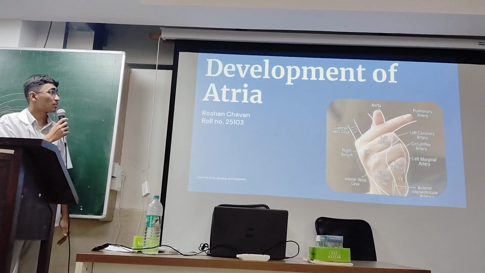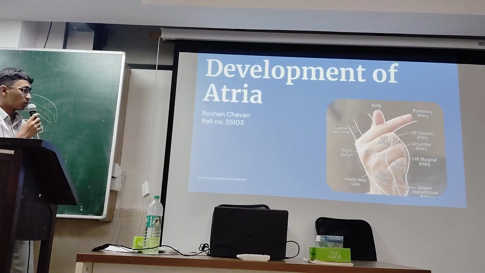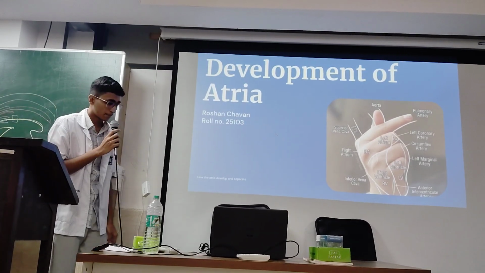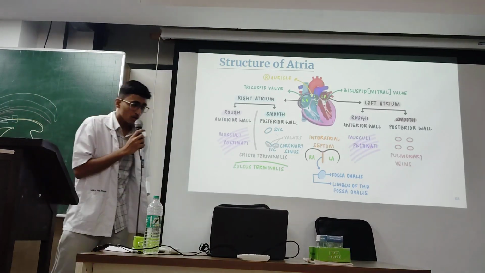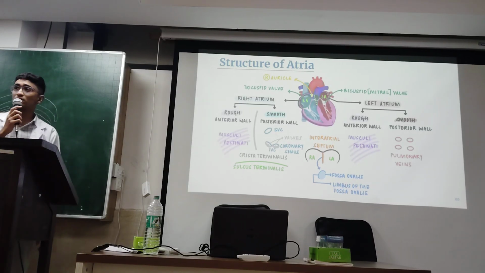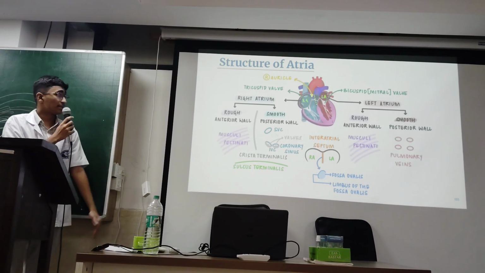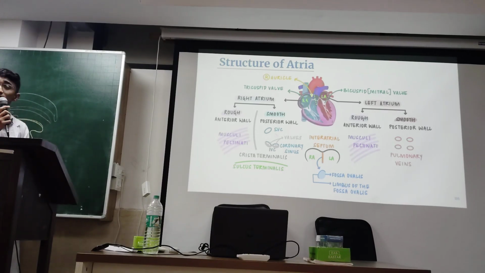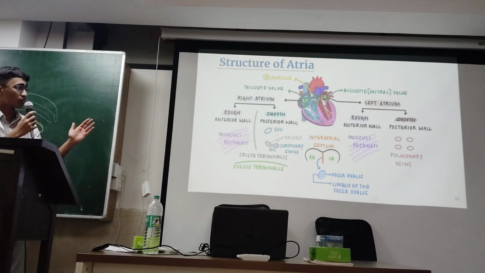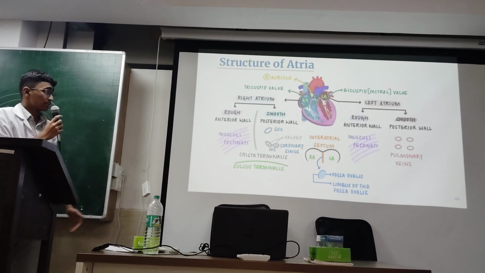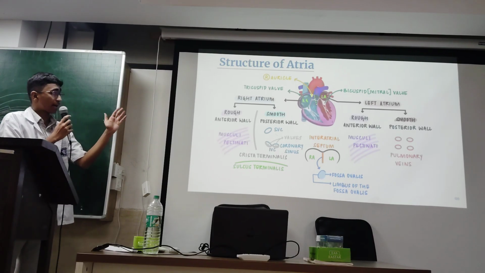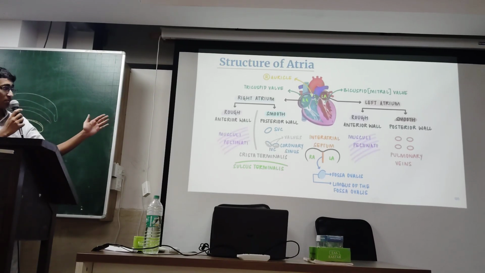Now we will be discussing the development of the atria, how the atria develop and how they are separated. For that, first we will discuss the structures of the atria. There are 2 atria, the right and left atrium. Both have two walls, a rough anterior wall and a smooth posterior wall. The rough anterior wall in both the right and left atrium is made up of the muscular pectinate muscles,